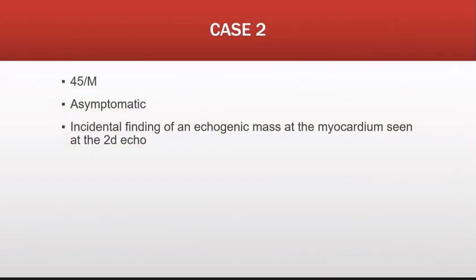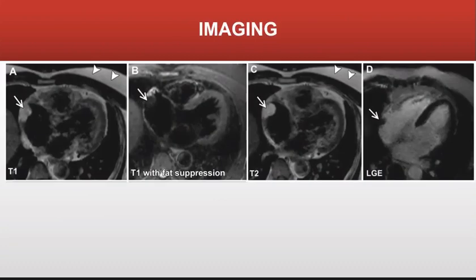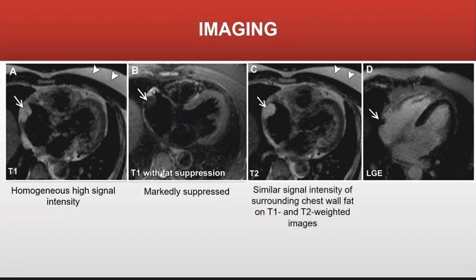Let's proceed with the second case. The second case is a 45-year-old male, asymptomatic, with an incidental finding of an echogenic mass at the myocardium seen at the 2D echo. MR images in a 45-year-old man who had a suspected myxoma at echocardiography show a homogeneous high signal intensity relative to the myocardium on T1 weighted imaging